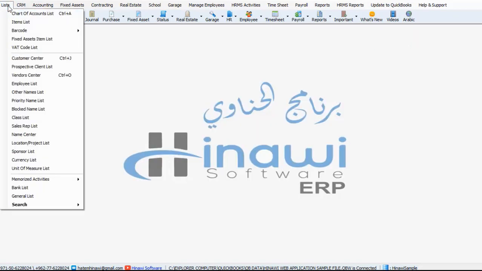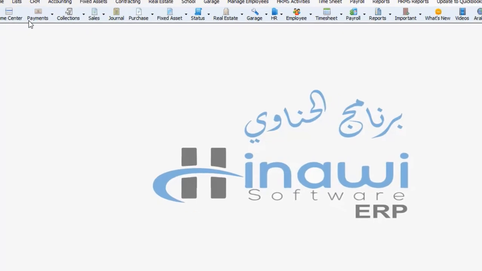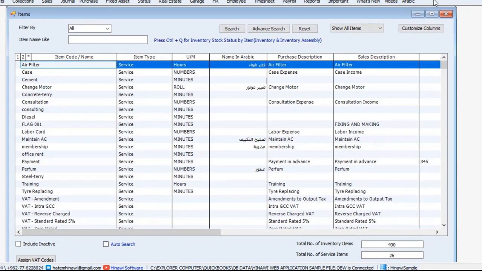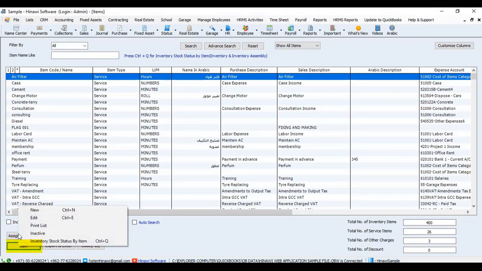Let's say, for example, I want to see the items list. So now, as you can see here, we have all these different items where when we click on item, we can create a new item, we can edit an existing item, print the list, view the print list. We also have shortcuts regarding creating or editing, such as Control-N or Control pressed along with E. Notice here we have the inventory stock status by